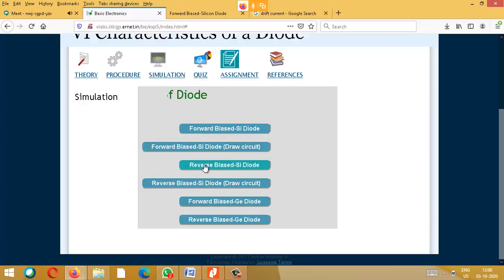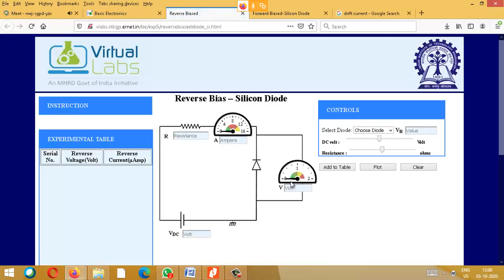Then for reverse bias condition, same, only the diode direction has been reversed. So again you choose any one diode. This is a particular diode. Now what we will do is, reverse breakdown voltage VR is 30 volts. You are not supposed to give beyond 30 volts. When you give beyond 30 volts, the device will break, and the breakage of the device is total breakdown. So totally the device will fail. Okay, now you try to keep your resistance at a particular value.